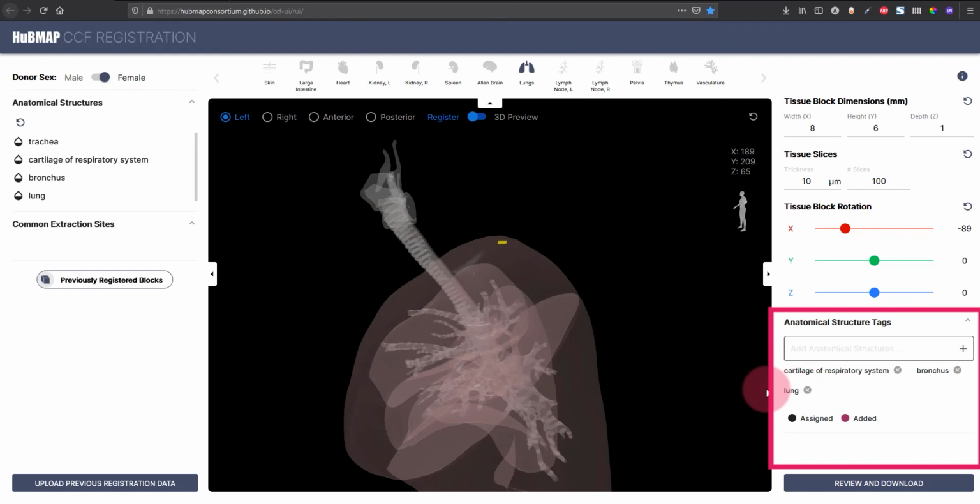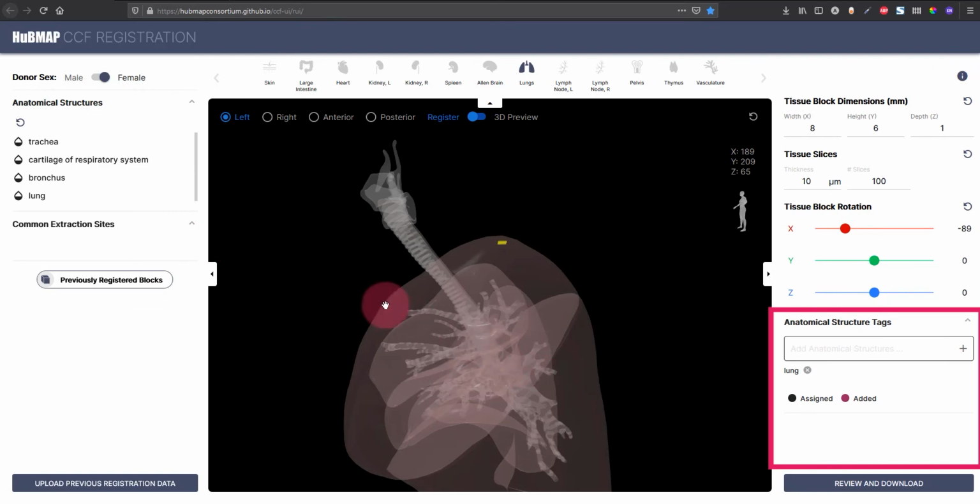And you can see that these anatomical structures correspond to structures that we have here. And you may find that some of these collisions may not be correct. We are using the bounding boxes of each of these 3D objects, so the collisions might not always be 100% accurate. In this case, you can click this X here and remove the anatomical structure tag, and you can also add some.